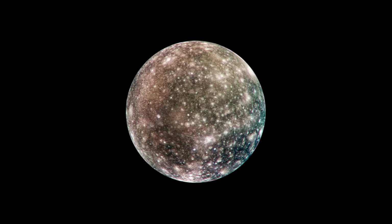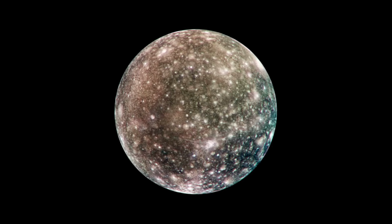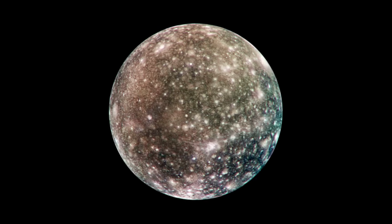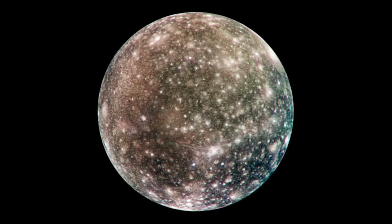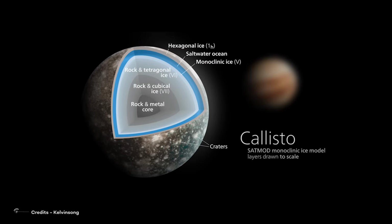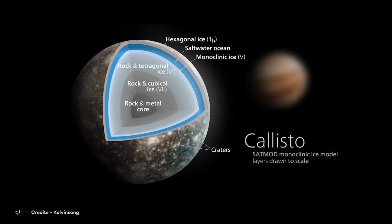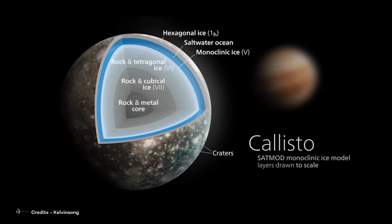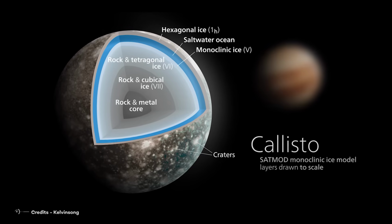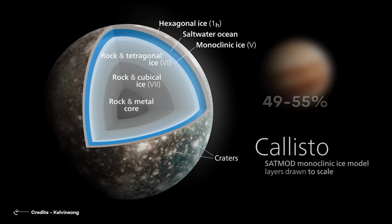Its average density is 1.85 grams per centimeter cubed, corresponding to about half the lunar average density and 3 times lower than the terrestrial average density. This density value suggests a composition of approximately equal parts of rock material and water ice, with traces of volatile ices such as ammonia. The percentage of mass of ice present is 49 to 55%, while the rocky component is